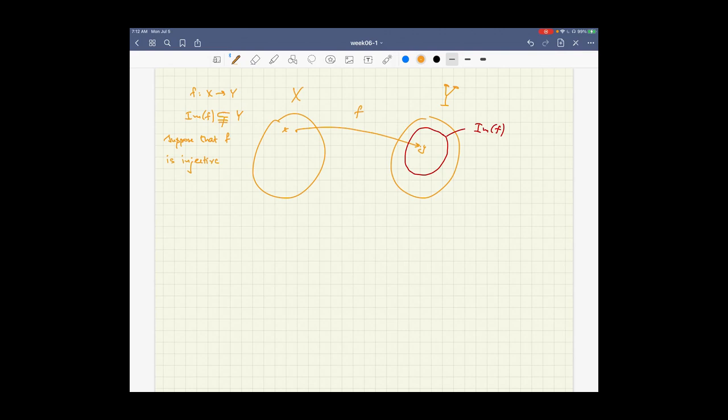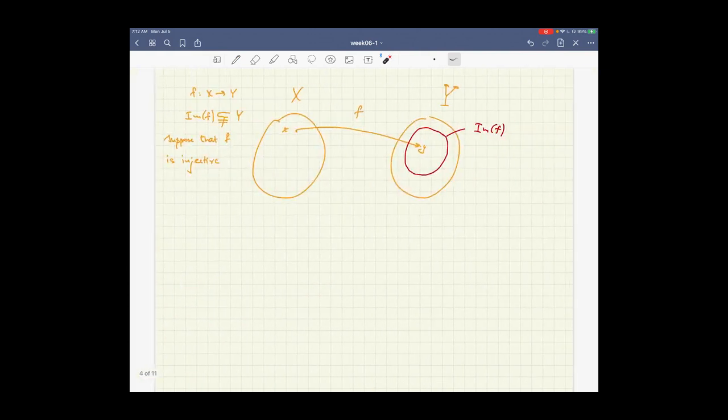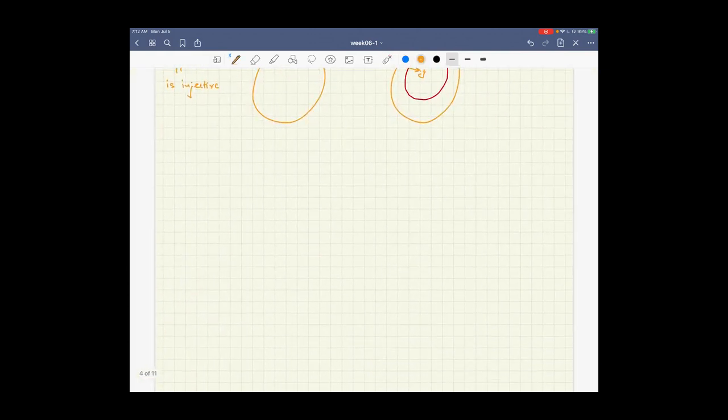Then I can define many different, at least two in fact, functions g that satisfy that definition. I can define multiple functions g such that g of f of x equals x for every x in the domain of f. How? Well, I could define,